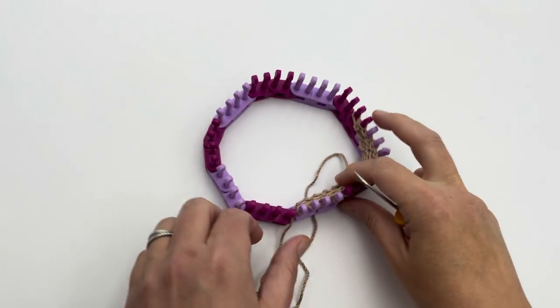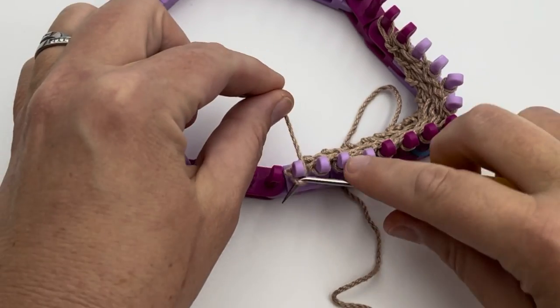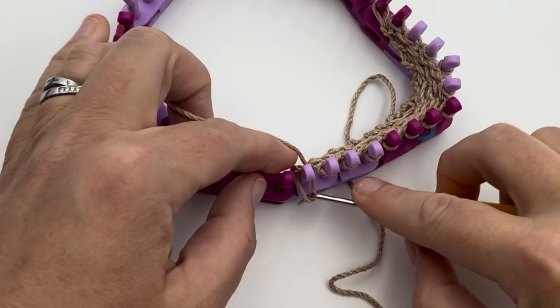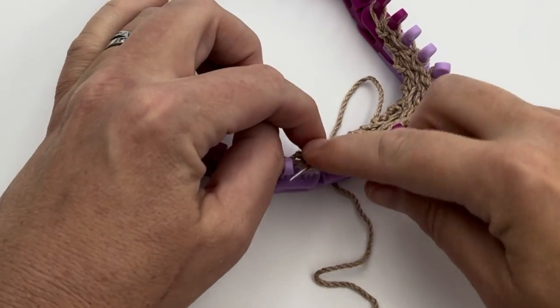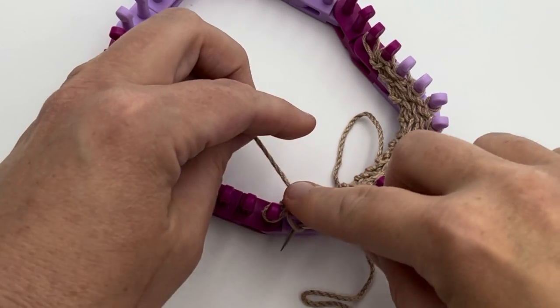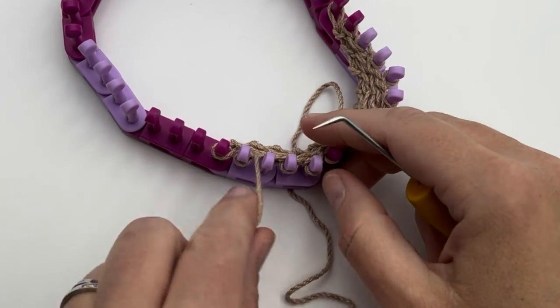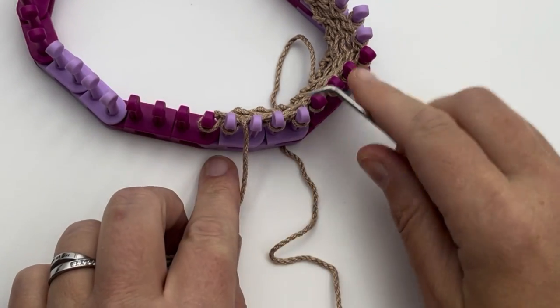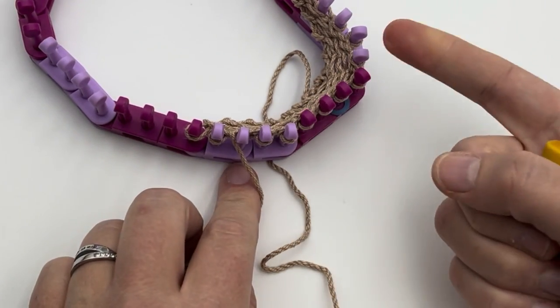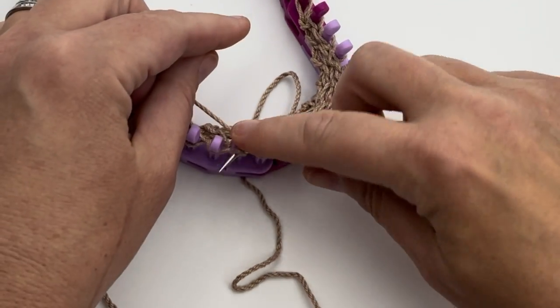All right, so we're going to begin this row the same as we've done before. We're going to knit 2, yarn over. So go ahead and do that. Okay, knit 2, yarn over, and we want to do that twice. So we've only moved it outwards 1, and that's all we're going to do because we're only increasing by 1 stitch on all these rows. But how we're going to do that is go ahead and knit the next 2 stitches,